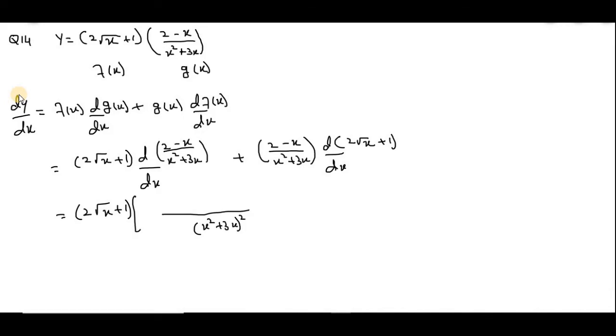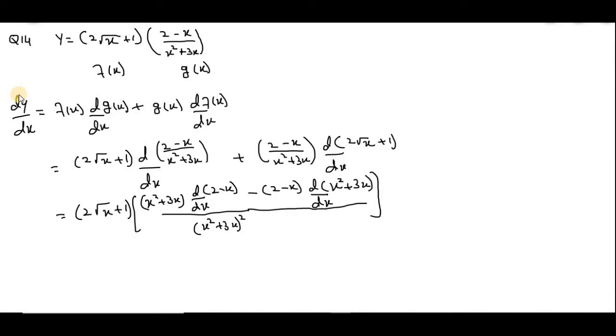Now x square plus 3x whole square, and x square plus 3x as it is, then the derivative of first function, that is 2 minus x, minus 2 minus x, and derivative of second function, which is x square plus 3x,